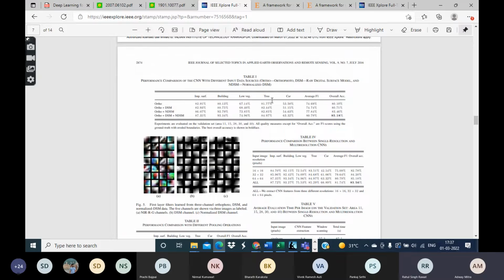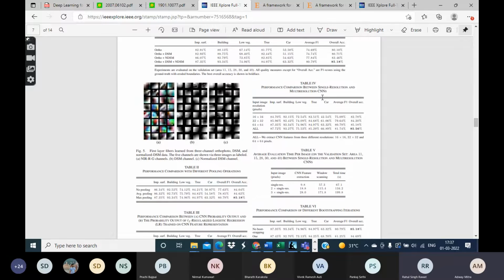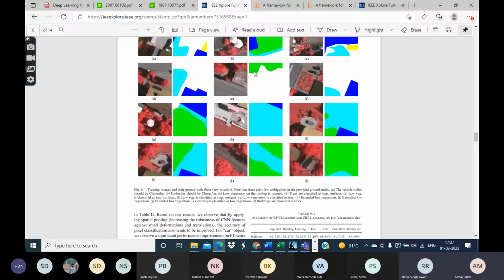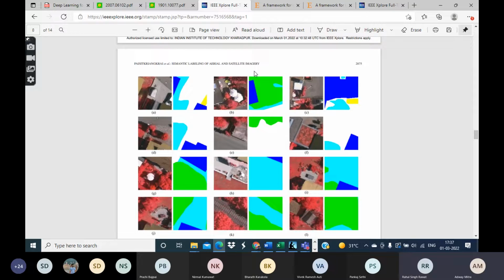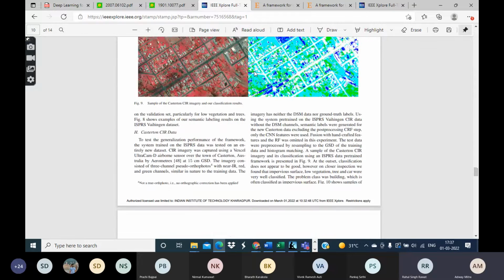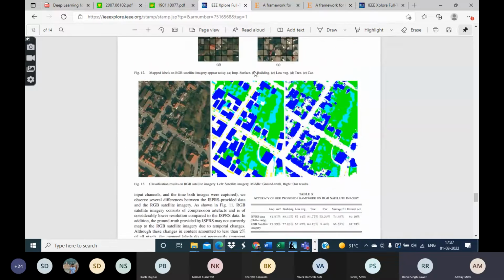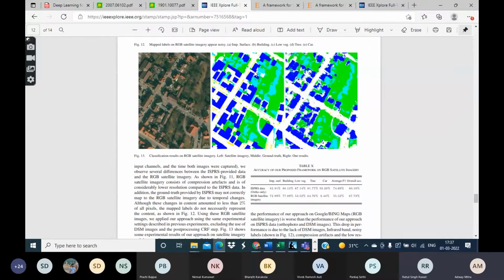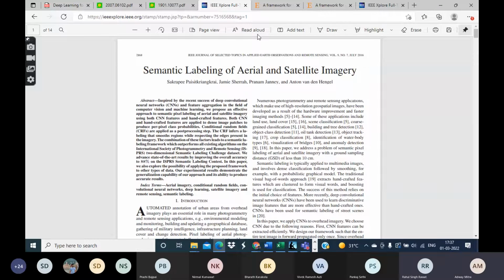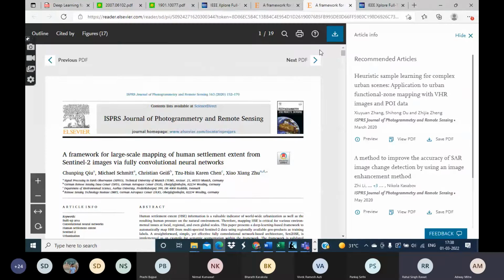And so this is the result of such combination. And so these are some of the segmentation results which they are showing. Okay, fine. So that's what this paper does. I will briefly look at 2 other papers. So what this paper does